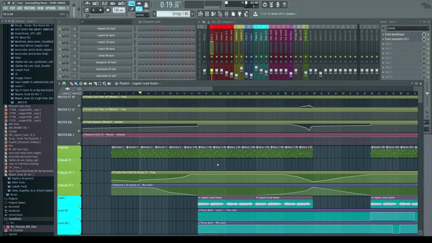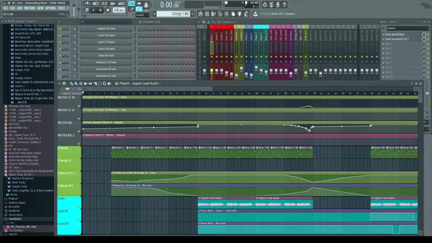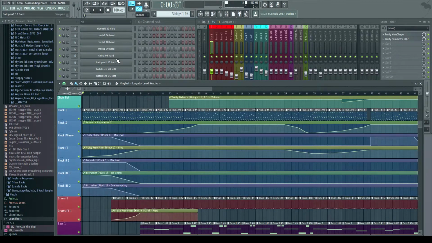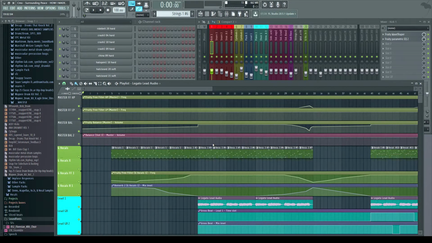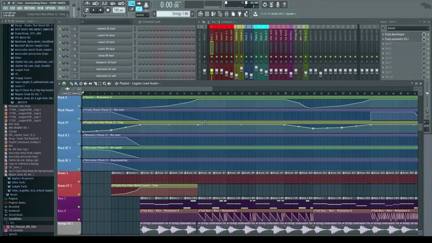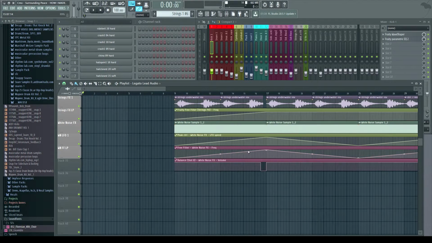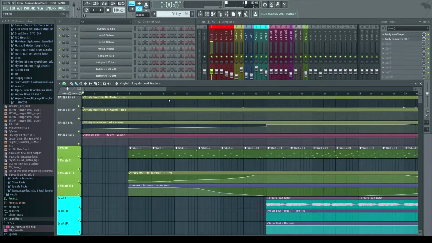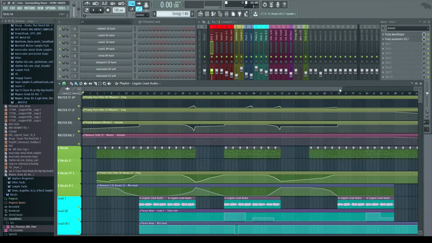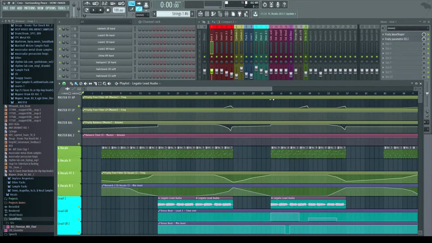Let's go ahead and talk about the arrangement, which is a lot more simple than you think. It's very repeating. This song does repeat a lot. I kind of like it that way, but one of the benefits of having it repeat a lot is that you have a fairly simple song structure, and it's also one of my shorter songs, and I think at the time it really was my shortest song, although I have released shorter since, but still. Anyway, let's go ahead and talk about this.